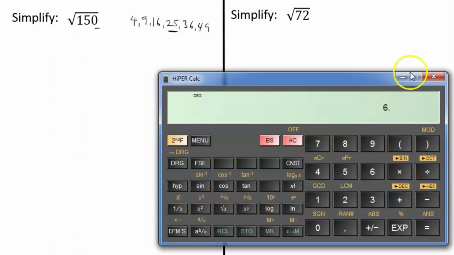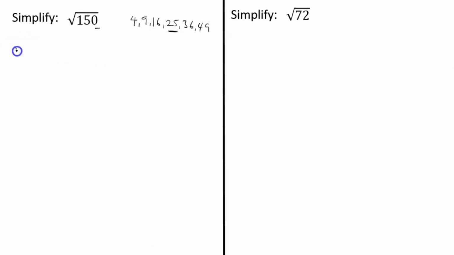You see, we are able to get 6 immediately. So that's what we do. So what do I do next? I just say 150 is the same thing as saying root 25